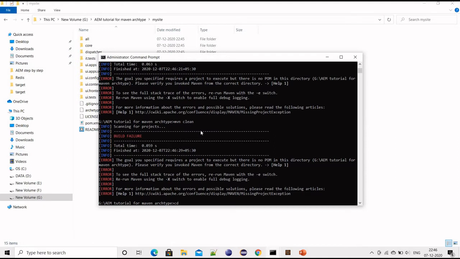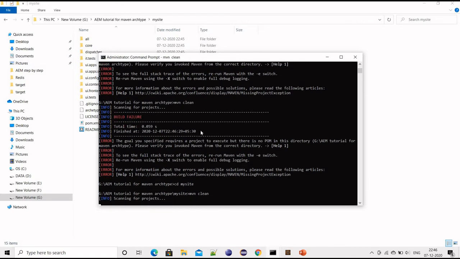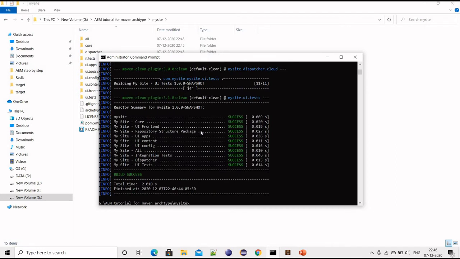Oh, I just need to go to that folder, basically my site. Then it was trying to find pom.xml, and then Maven install.